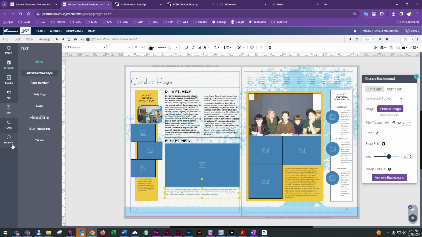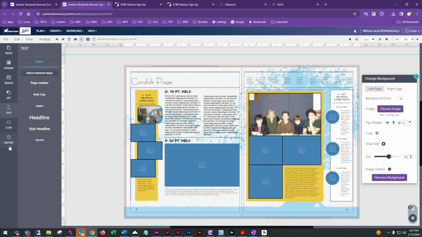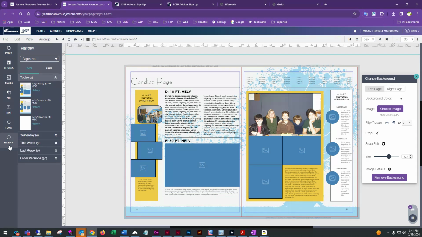And for advisors, the page designer has one extra button here, and that is the history button. The program keeps track of each and every saved change for each and every page. So as you're working on a page, let's say you get a few basic things done, you get your pictures in, you get your type in, but then you start working with formatting or backgrounds. What we may suggest is getting all your pictures and type on the page and then saving it as a restore point. Because in the event that you start playing with formatting,